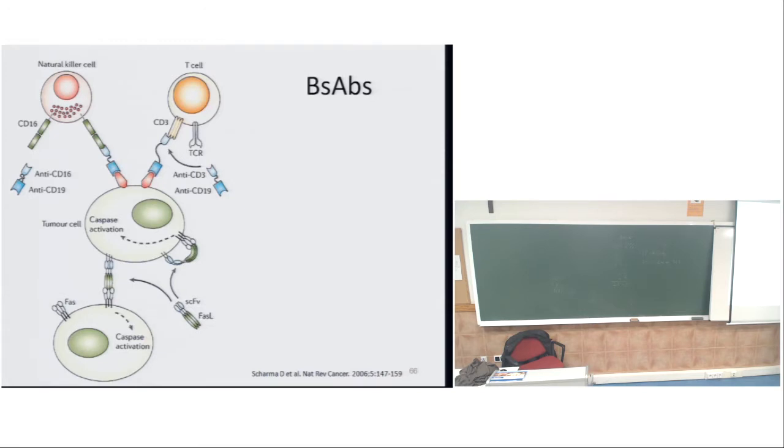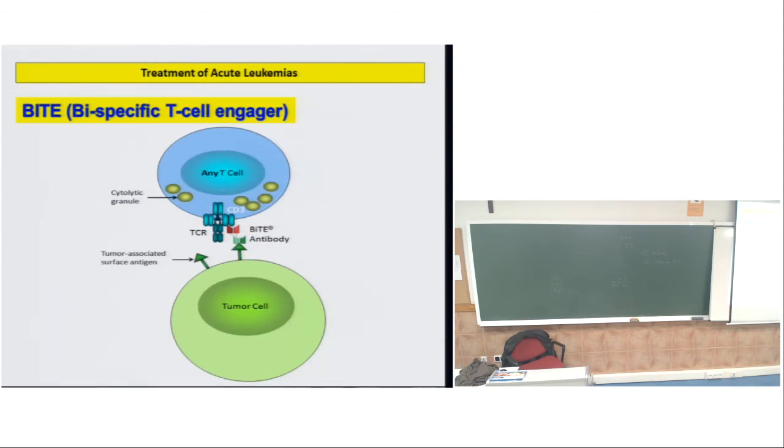That's important, no? That's how we can play with this immune system. We can decide, for instance, if we want more of a T cell response, we can use anti-CD3 instead of anti-CD16, and then we have a T cell connected with the target cell. The induction of apoptosis can also be done with these specific antibodies, and there are drugs used based on this concept, like this BiTE technology for treatment of acute leukemia.